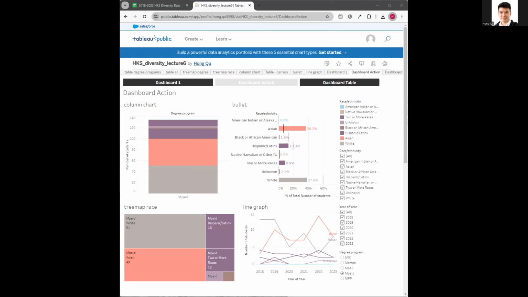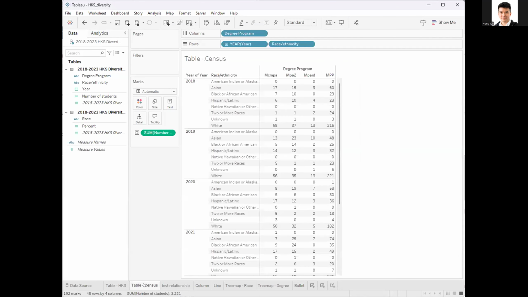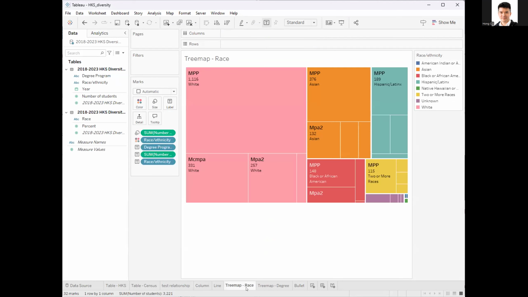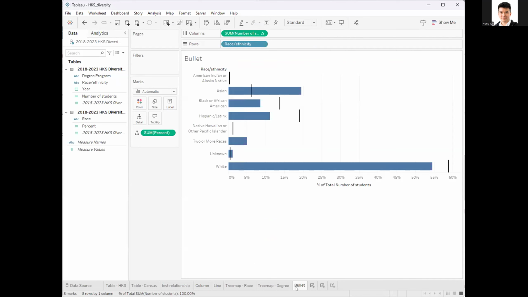Let's go back to Tableau and take a look at what we have and what we need to make. So we have the data tables, we have the column chart, the line chart, the tree map, two tree maps, a bullet chart. Before we actually build any dashboards, I want to make sure you understand how to create these embedded tooltip charts. So the idea behind a tooltip interaction is in any dashboard or any chart, you can